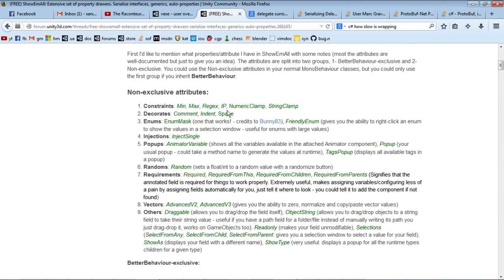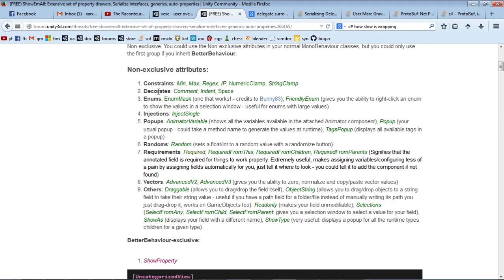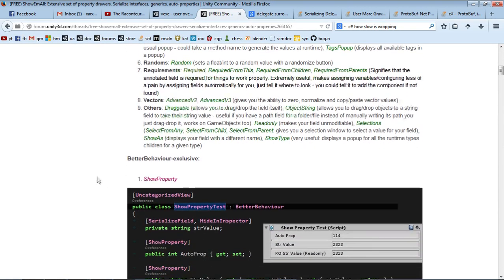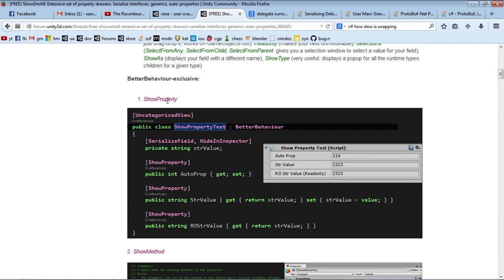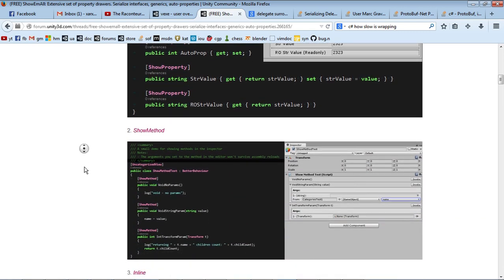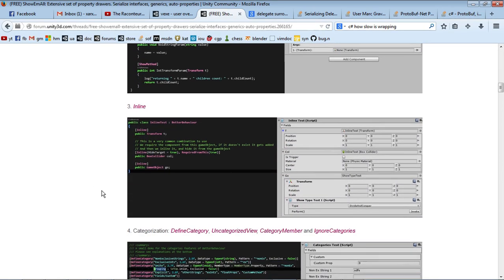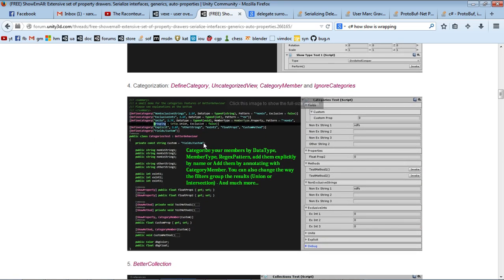So you had a bunch of attributes like constraints, decorations, enums, pop-ups, vectors, and you had a basic way to expose properties, so you annotate with show property, and you could expose methods, so you annotate with show method. You could inline objects, so for inline object editing,